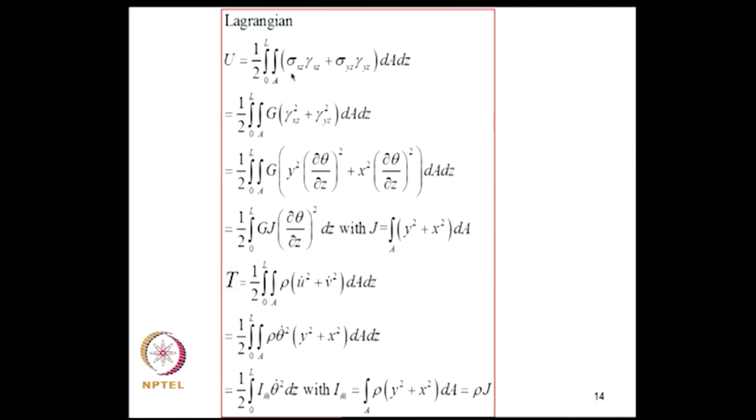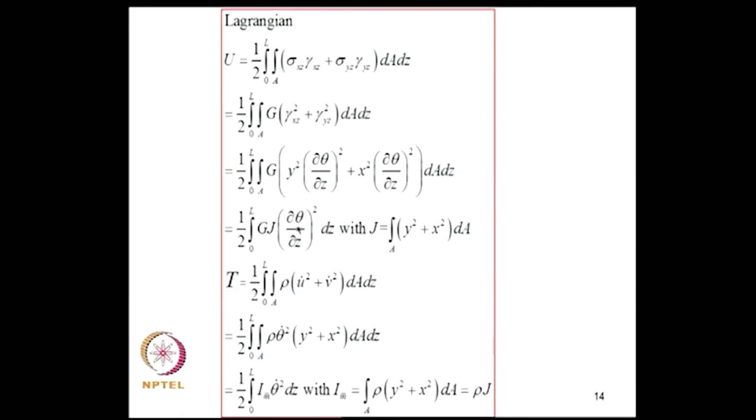So, the strain energy, since there are two non-zero strain components and non-zero stress components, is given by this. So, by writing sigma xz as G into gamma xz and sigma yz as G into gamma yz, I get this equation. Now, we have already determined gamma xz and gamma yz. Beta is dou theta by dou z, which is the twist per unit length. So, this is dou theta by dou z. So, if we simplify now, we get